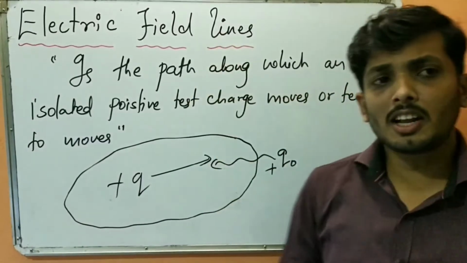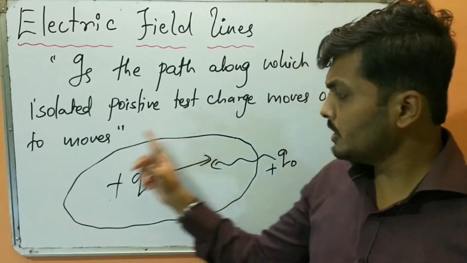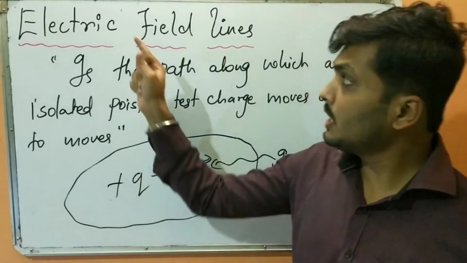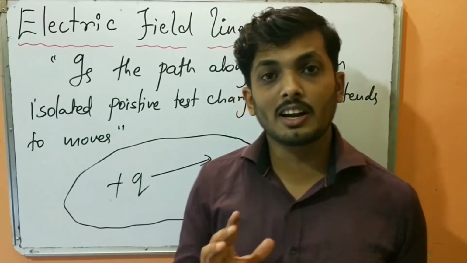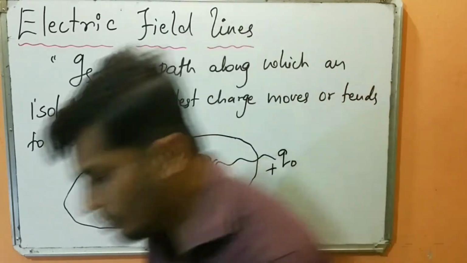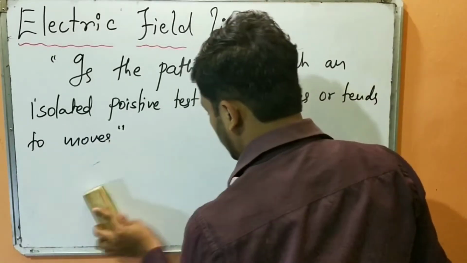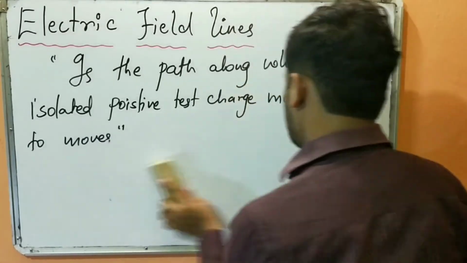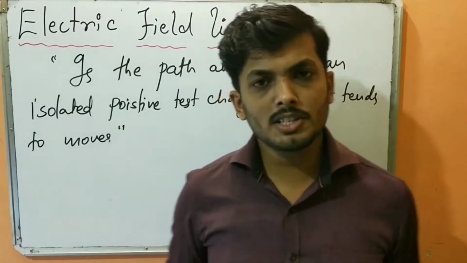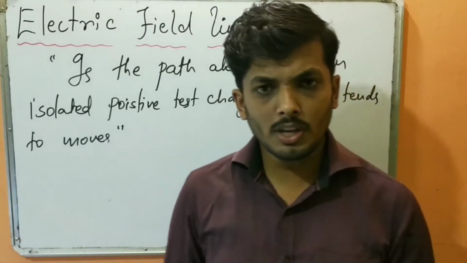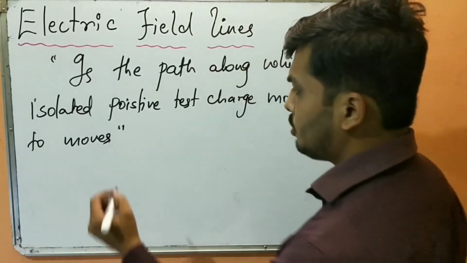So what do electric field lines tell me differently apart from electric field? Electric field is the space around the charge, but electric field lines will give me the geometrical representation of the electric field strength. Now let us understand how. Just like our earth has imaginary latitudinal and longitudinal lines which help me to locate the position of any object, similarly, electric field lines are also imaginary lines which will give me the strength of the electric field.